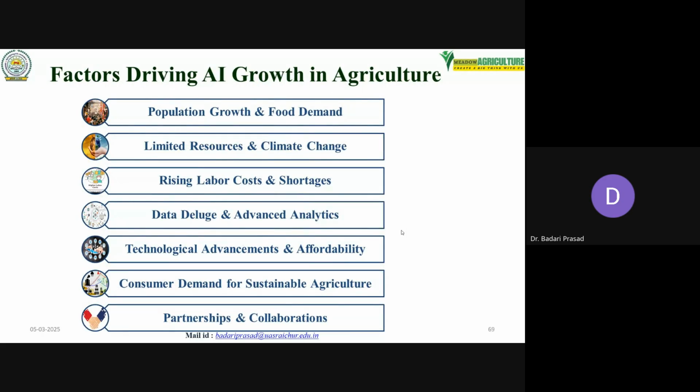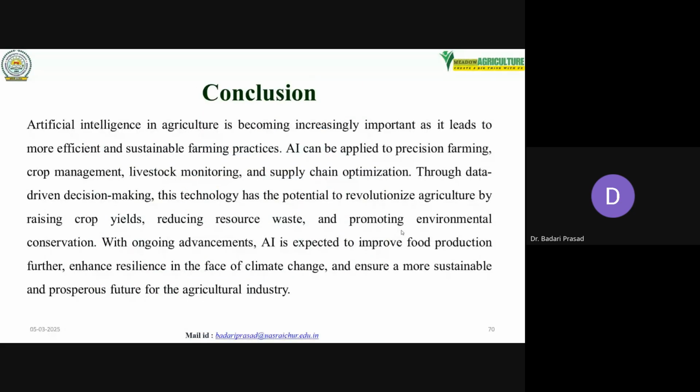The factors driving AI growth, or the bottlenecks limiting it, are population growth and food demand, limited resources and climate change, rising labor cost and shortages, data deluge and advanced analytics, technological advancement and affordability, consumer demand for sustainable agriculture, and partnerships and collaborations. So to conclude, artificial intelligence in agriculture is becoming increasingly important as it leads to more